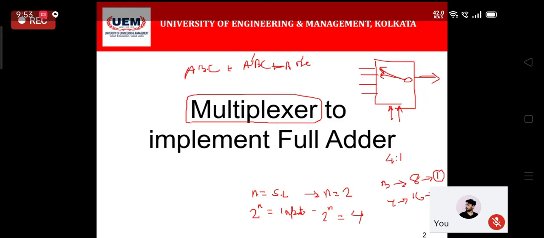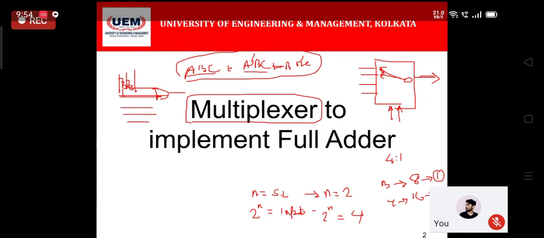We know that if we want to implement this logic circuit, what do we need to do? We need to take 3 lines, then take the complementary values of those lines, and find A and A bar, B and B bar, then connect accordingly. So A, B, C will be connected via an AND gate. Then A bar B C will be taken into account. Another line will be connecting from 3 of the inputs to an AND gate, and it will produce a line like this, and then finally that will come through an OR gate to create the final output.